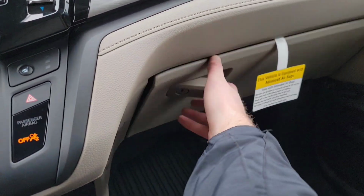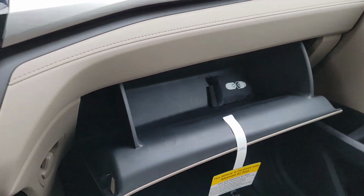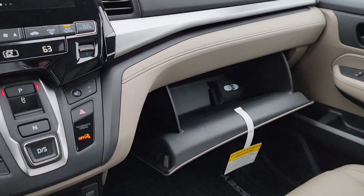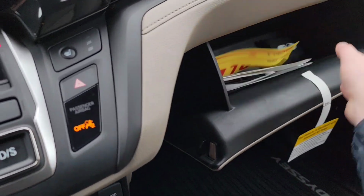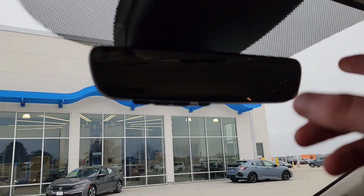Now let's go right over here. Glove box, deep enough, challenge accepted. Plenty of space. Whatever you throw in there is going to go to a whole different dimension. You're going to forget about it. I know I do. As we come right up here, you have an auto-dimming rear view mirror with HomeLink garage door openers,